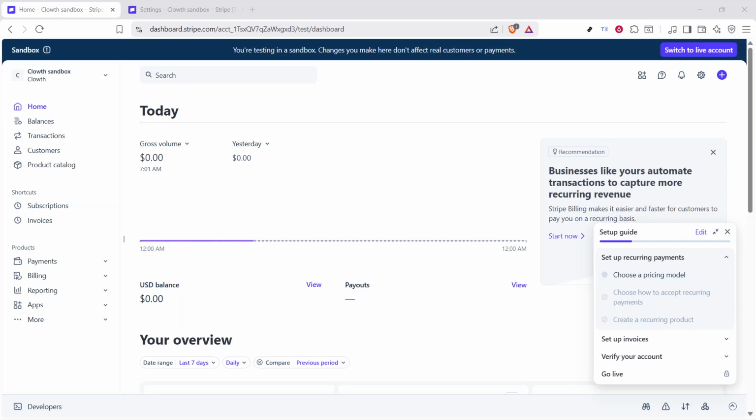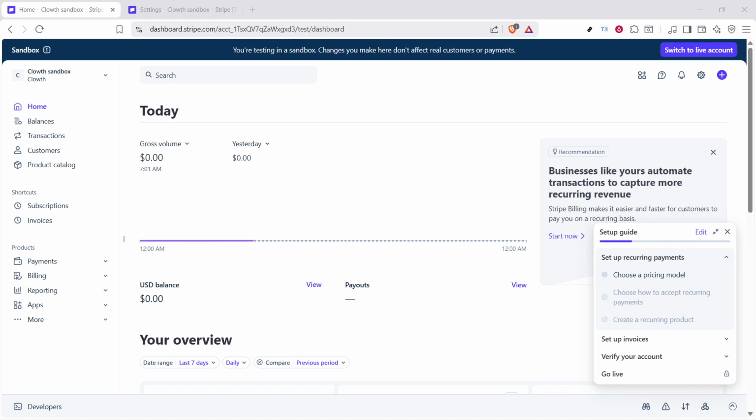In today's video, I'm going to teach you how to enable Cash App Pay in your Stripe account. We'll be walking through the process directly inside the Stripe dashboard. And the good news is that it's a very quick setup. If you already have access to your Stripe account, you can usually turn this on in just a couple of